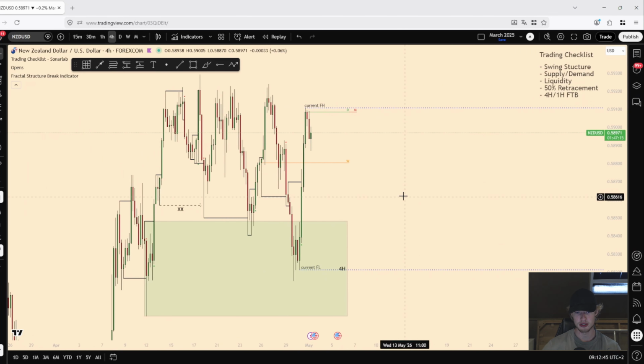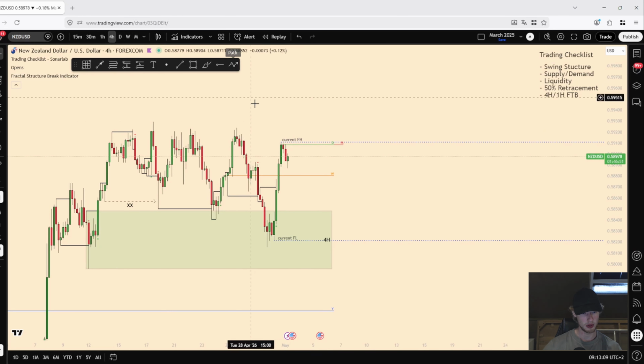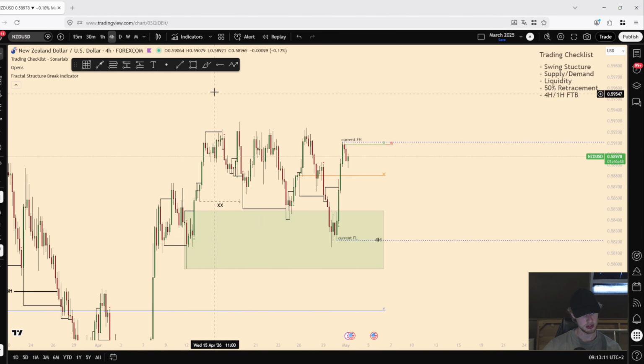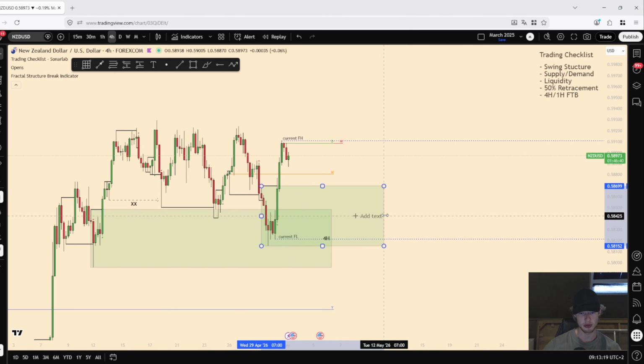Then on NZD USD also continued up higher from our marked out zone. We did not manage to grab the liquidity, or yes, we did grab all the liquidity underneath these two lows and underneath this bump in the road. And afterwards we saw a 4-hour change of character over here, but also just continued up higher. What we can do now, because we didn't take out the highs just yet, is mark out this as our demand zone over here. This is our new 4-hour demand zone that we've just created, so I'm going to mark it out as 4-hour demand,